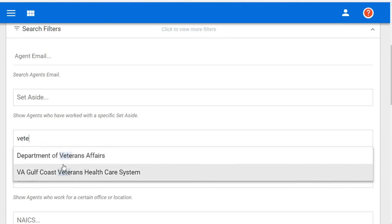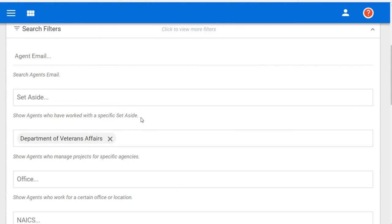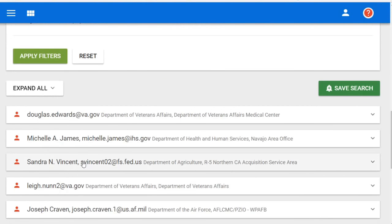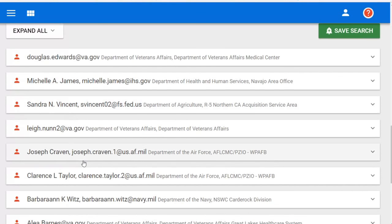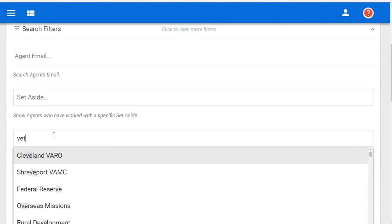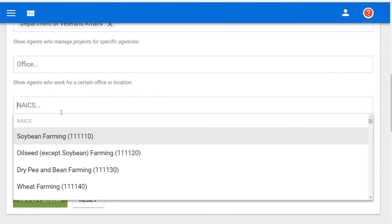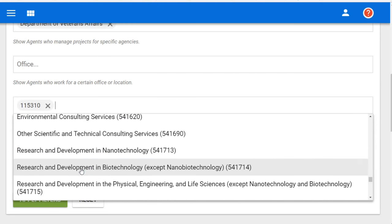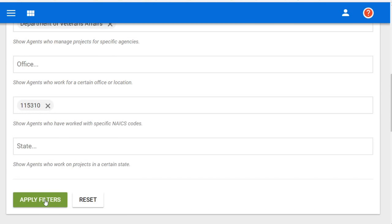If you have APP Plus, you're also going to have access to our agent finder. You'll be able to make a custom list of agents based on their NAICS code, agency, coworkers, etc. And you can utilize the CRM part of APP to keep track of these agents and vendors. You can find a specific purchasing agent by keyword, office, agency, set aside, NAICS code, etc. You can be very specific on your searches or very general. So for example, you could look up that specific agency and the specific office of that agency and that NAICS code. You can apply the filter